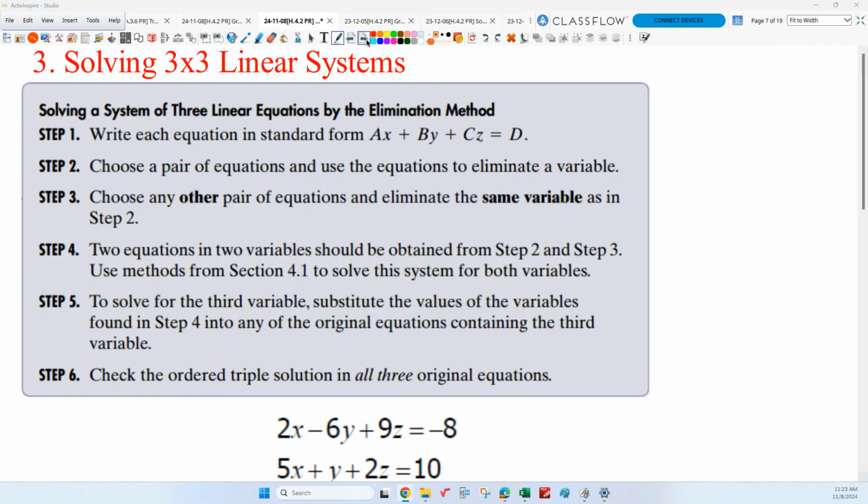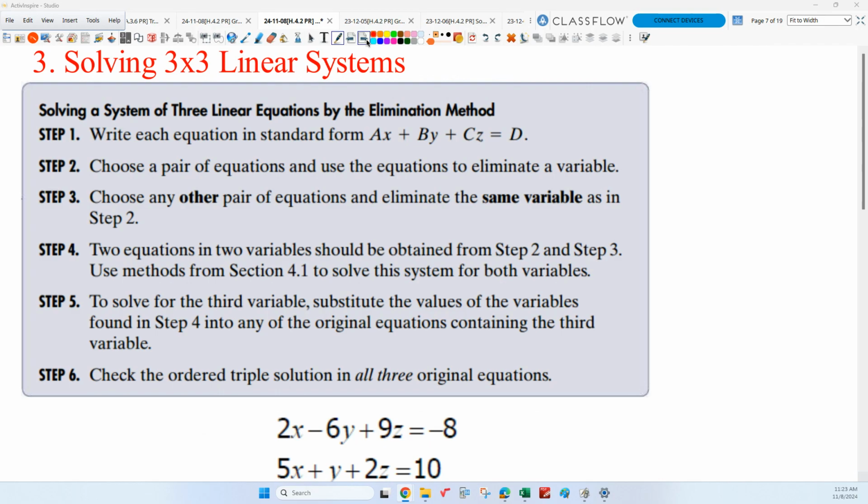All right, so then next step is, how can we solve these things algebraically? Solving these algebraically is very similar to what we did with 2x2 systems, only we have an additional step in here. We're always going to use the elimination method, first of all. We don't ever want to use substitution. We always want to use elimination. And that's why, well, because it's easier, but also because as you get further and further along into bigger systems,